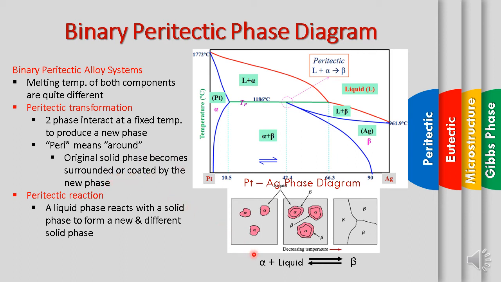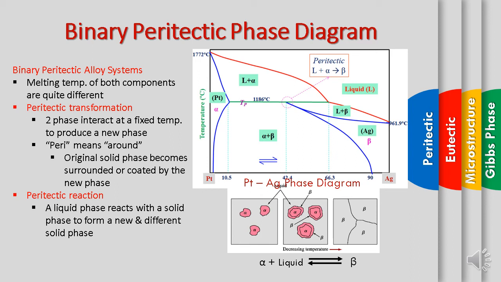That means the original solid phase becomes surrounded or coated by the new phase. If we look at the alpha plus liquid in this area, basically the form is something like this. And then when it hits this point to become beta, this is the line of beta also, it will transform something like this, completely from alpha to beta, whereby the beta starts to surround the alpha, and finally the alpha will vanish and become beta. Okay, at this point we call it